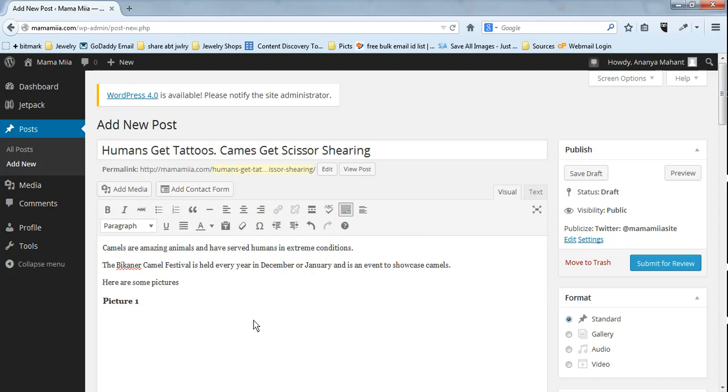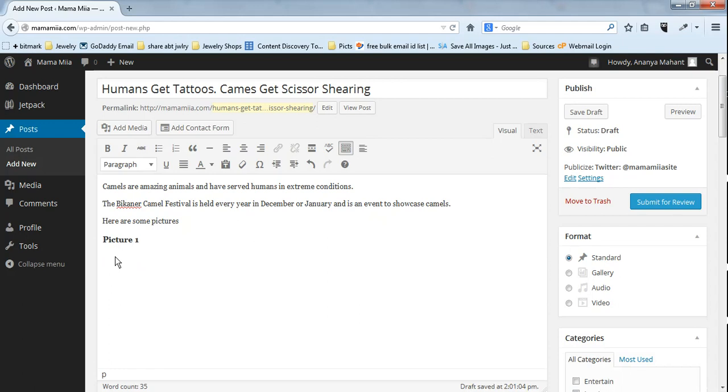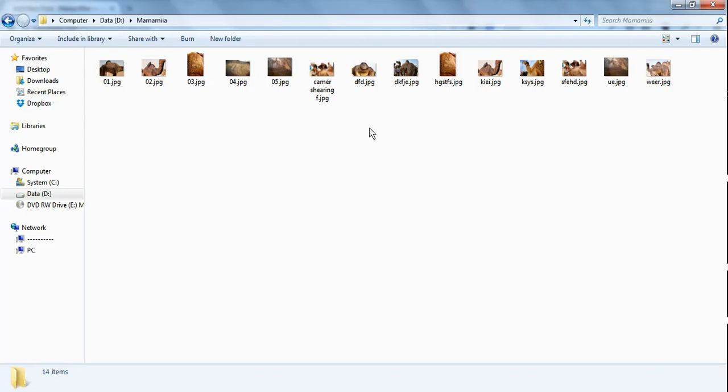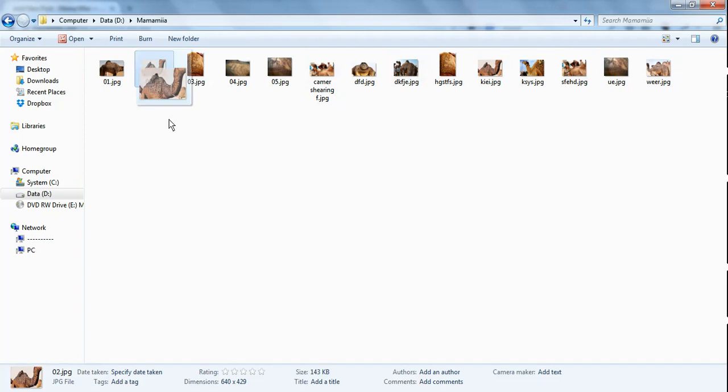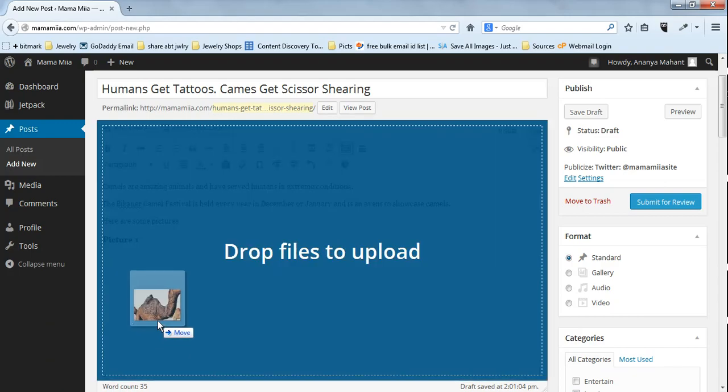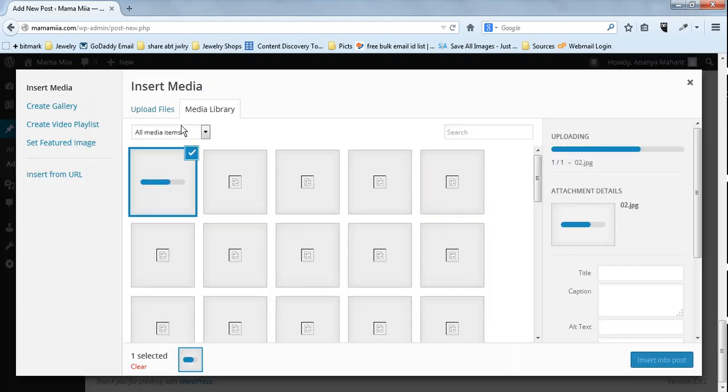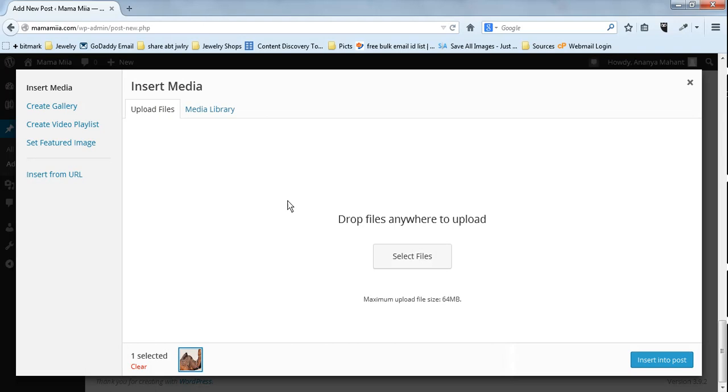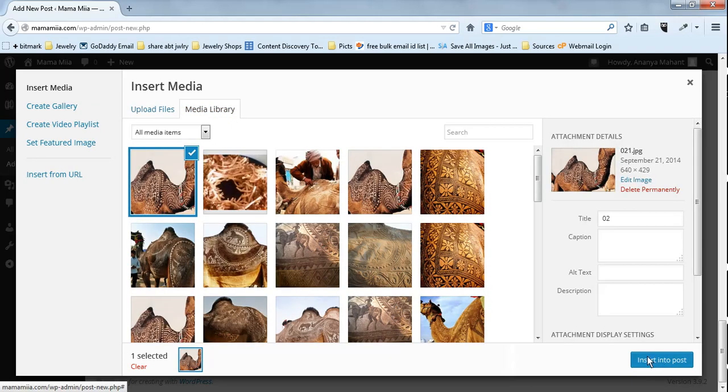Now I'm going to enter a picture here. All I need to do is I have my cursor where I want the picture to be. I open the folder on my computer where the pictures are. I just take a picture, drag it, and I bring it here and release my mouse button, and the picture is now getting uploaded. Once it is uploaded you can see this button, insert into post, this one here. If you see here on the right side, there are a lot of pictures of camels that I have uploaded already, but right now I have uploaded this one, the one on the top on the left side.